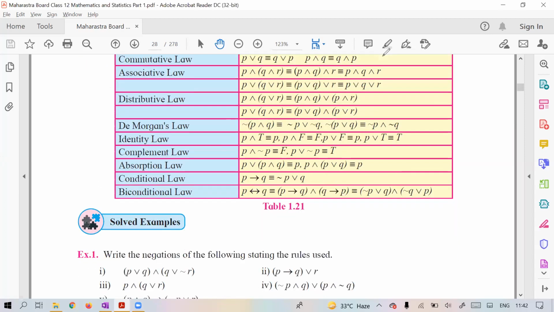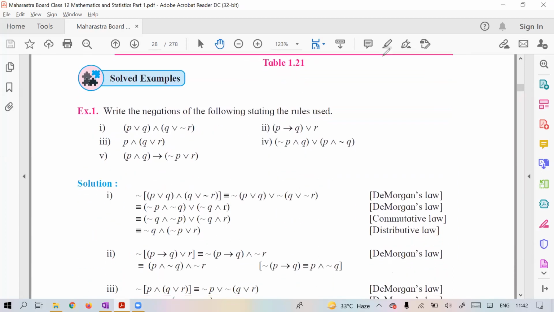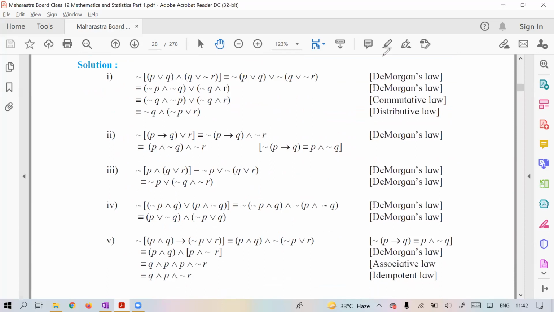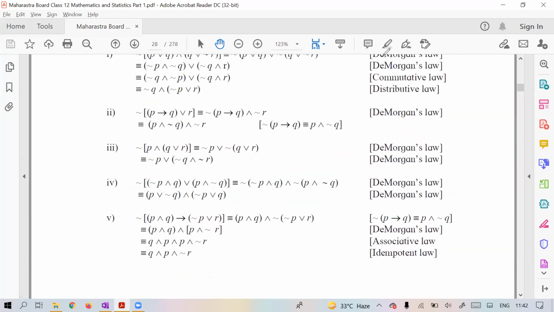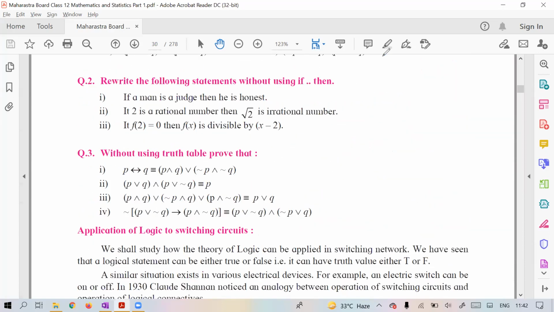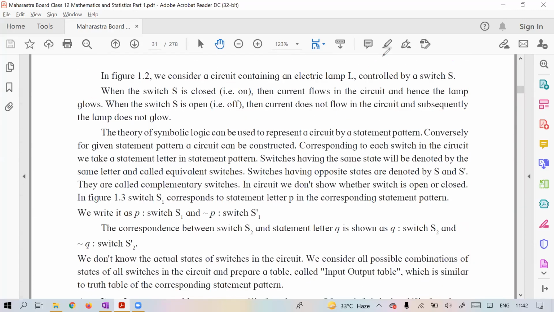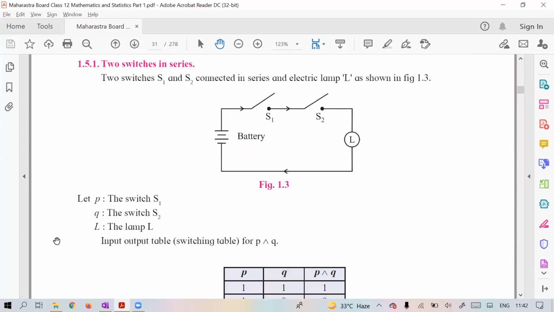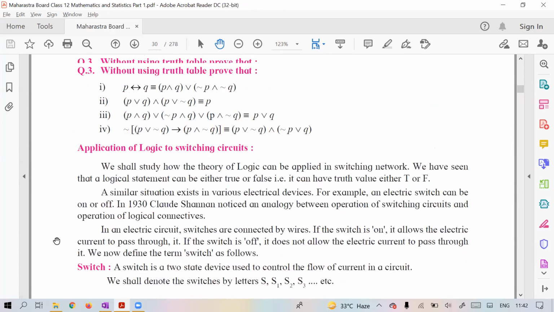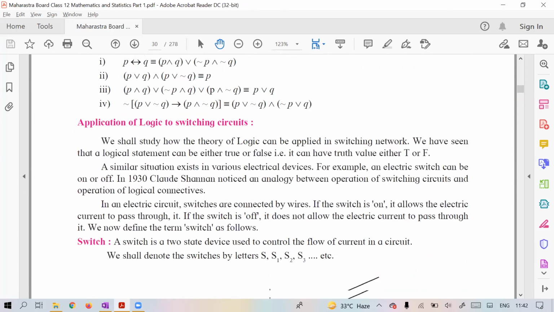Now let's solve problems. The theory is only this, and this is the last exercise. The questions from mains come from this exercise only, and this is the last topic. Next, 1.5, just discusses applications, which will not be asked in your mains or advanced, so I will not discuss that. You can see it in your book. It is not difficult.